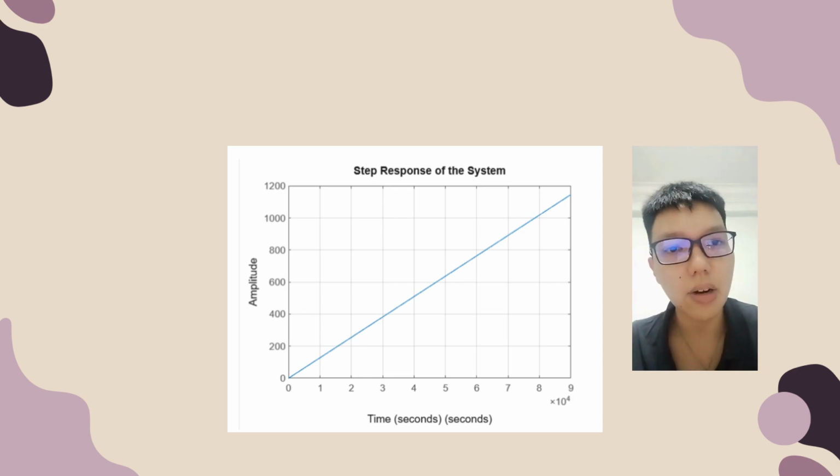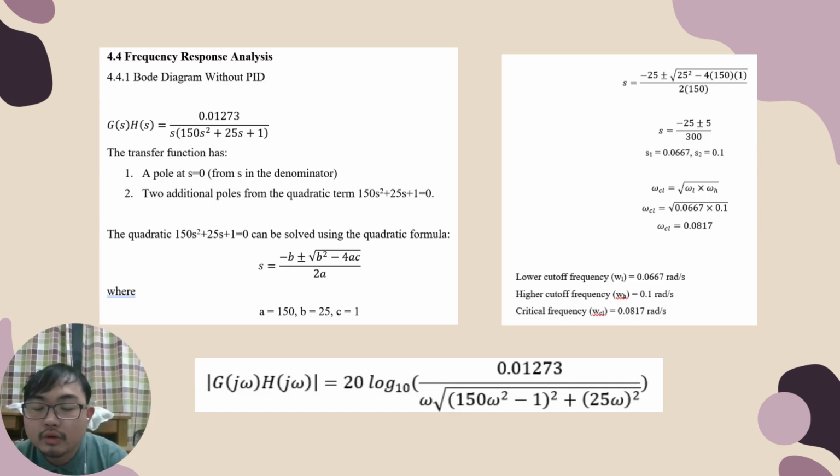Next, this is the graph of the step response of the system without PID. So it is shown that the graph is linear. Now I'm going to present part 4.4, frequency response analysis, Bode diagram without PID. The transfer function is given as